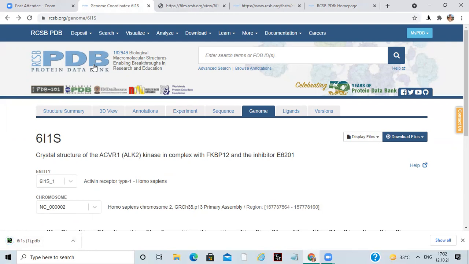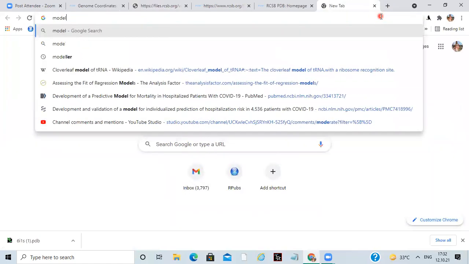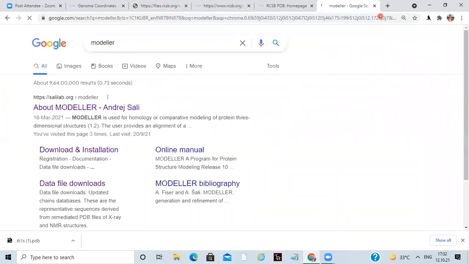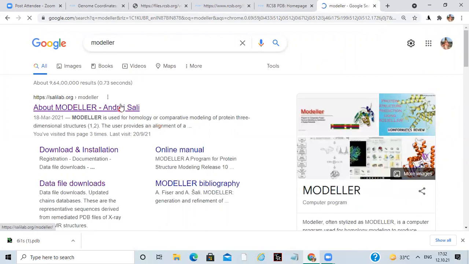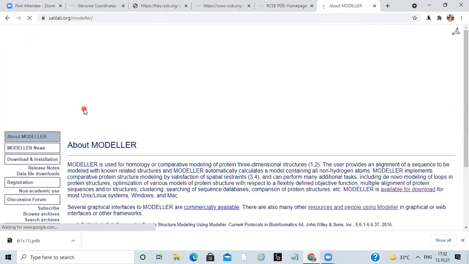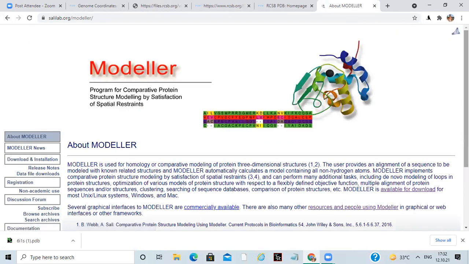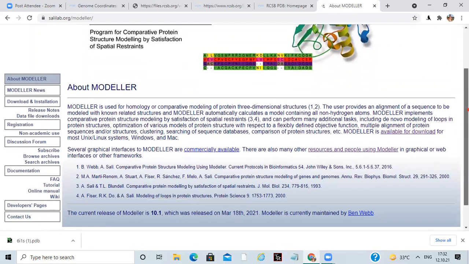For the time being and for the next lecture, what you have to do is search for Modeller, because we will start homology modeling. Click on this, about Modeller. You have to apply for the license key, which is free for academic use, so it could take some time.